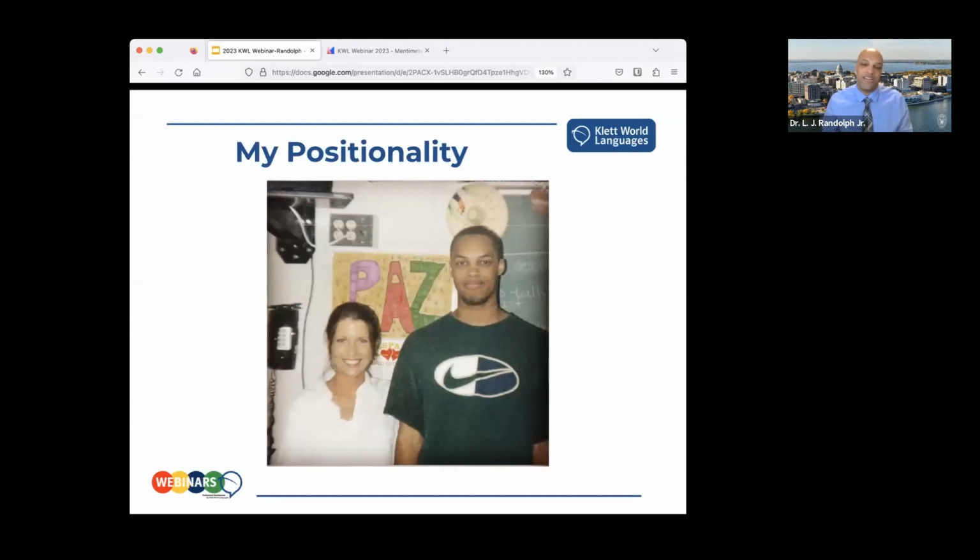I want to begin by talking a little bit about my own positionality, because I think it's so important to recognize that this work is subjective. There is no objective voice when it comes to anything really, but especially something as nuanced and as dependent upon our experiences as social justice. So I want to talk a little bit about who I am. If you've heard me talk before, some of this may sound familiar because I always begin talks by sharing a little bit about who I am. So this is me in high school. I think maybe I might have been in 12th grade there, 11th grade.